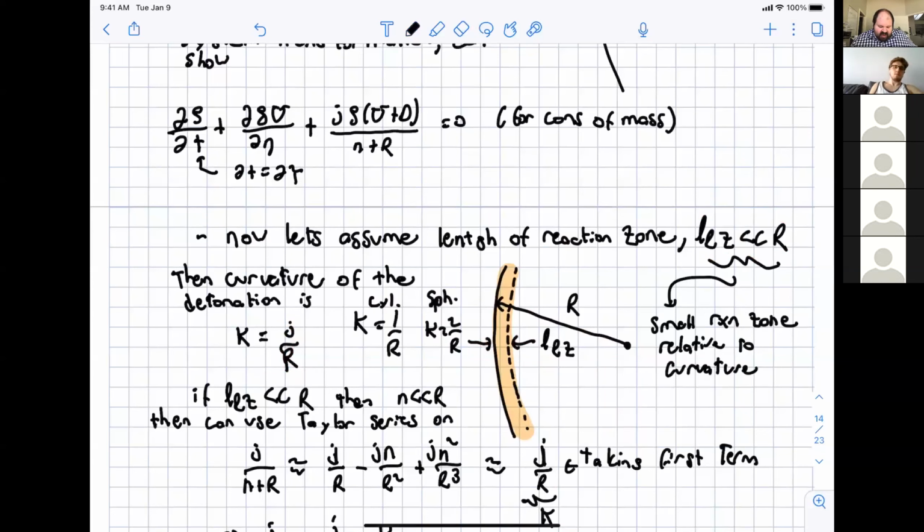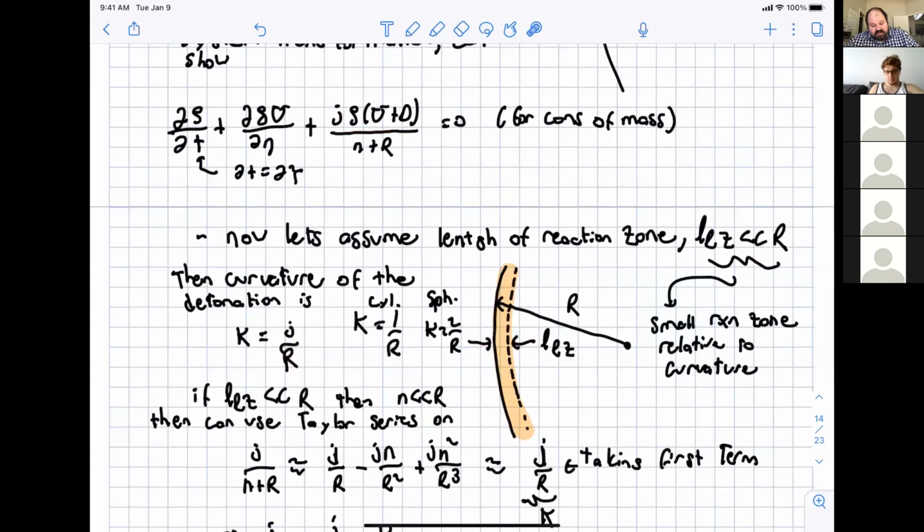And then, of course, if you have a 1D planar system, you have no curvature. And so, as a sanity check for the equations that we derive, we're going to demand that if there's zero curvature, the equations recover the 1D planar form that I have scribbled above. Okay, so now, if you notice here, these source terms, and there are similar source terms for all of the other equations too,